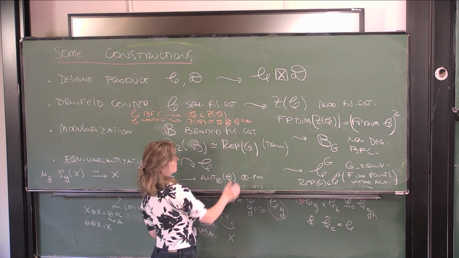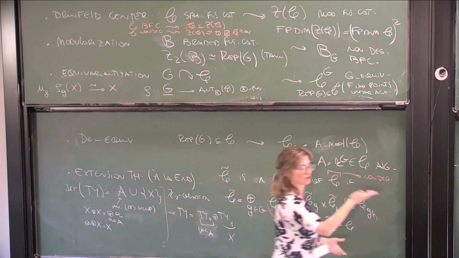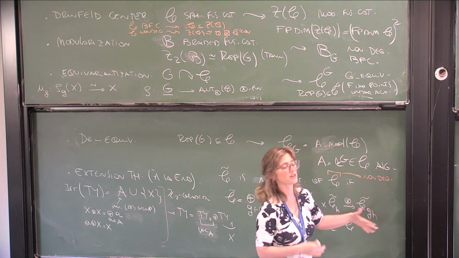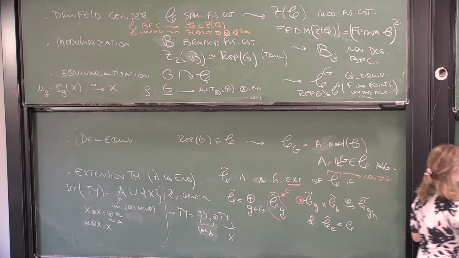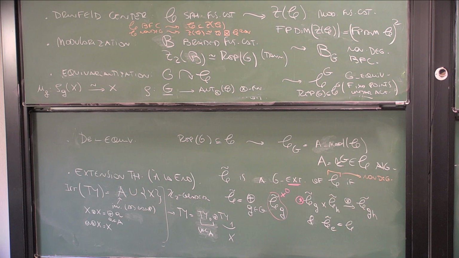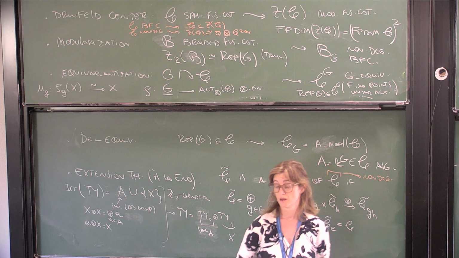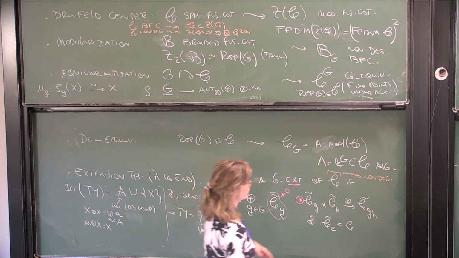But what I mean is when you have a non-degenerate category, you don't need to look at the center because all the information is already in the category, so you don't need the center in that case at all. But the extension theory is similar. The difference is that the output will be a G-crossed extension. So it will not be just a grading, it will be equipped with an action and a half grading.